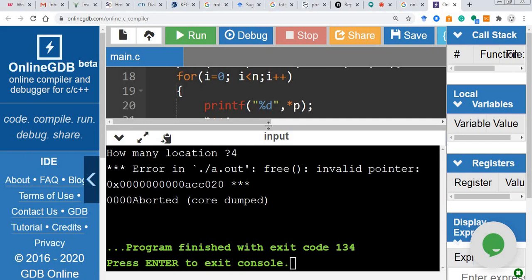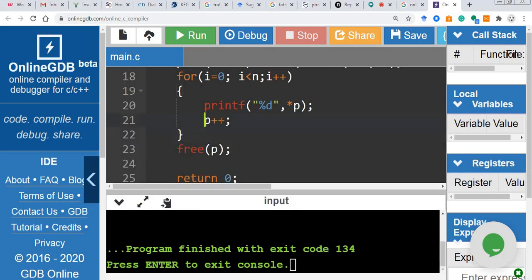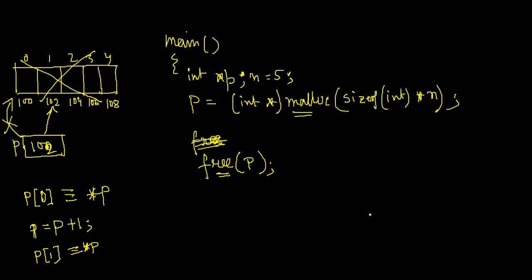The reason is that I have incremented this pointer. It's a very beautiful thing. You have declared this pointer p, so there was an array of say 5 locations. Initially p was pointing here. Now, due to this for loop, p is incremented by 1.